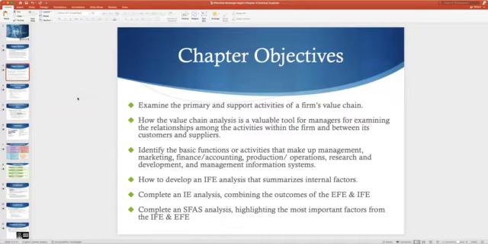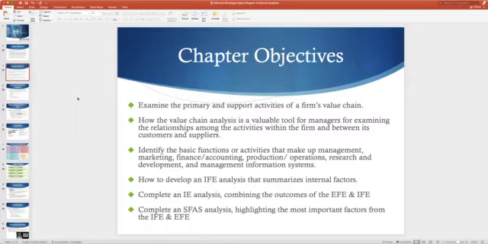And then we have some matrices that we will be working on in this chapter. As I mentioned to you when we did the external factors evaluation, there would be a companion to that, and that's the internal factors evaluation. We'll be doing that in this chapter, looking at those strengths and weaknesses. And then we're going to combine those 2 outputs into the IE matrix, and that'll give us our first recommended strategy based on the firm's strengths, weaknesses, and what it sees are opportunities that it can capitalize on and threats